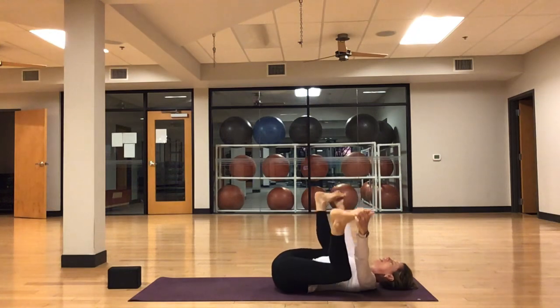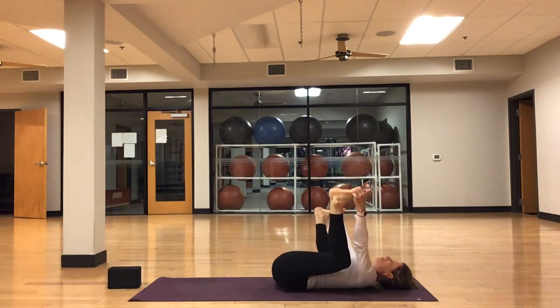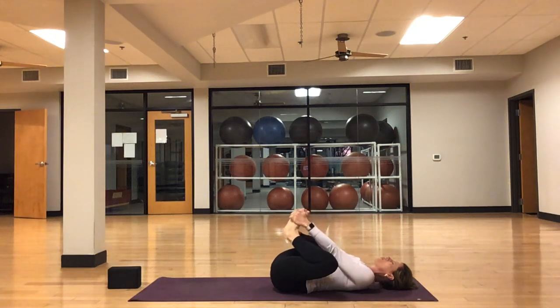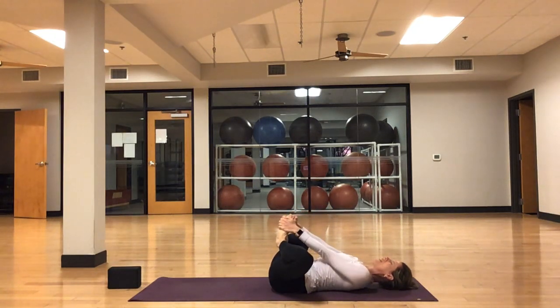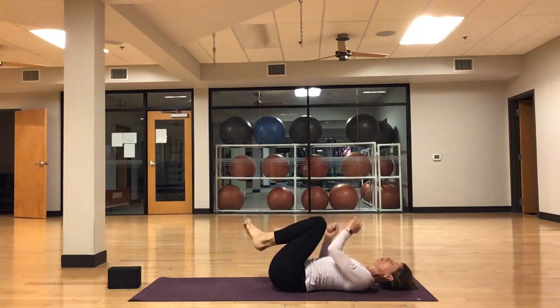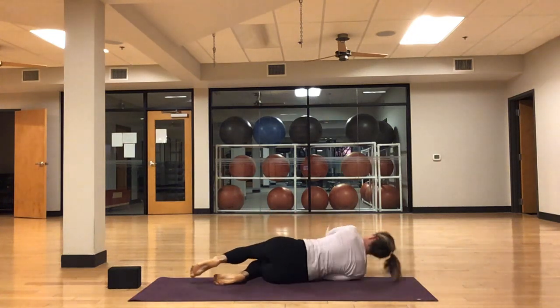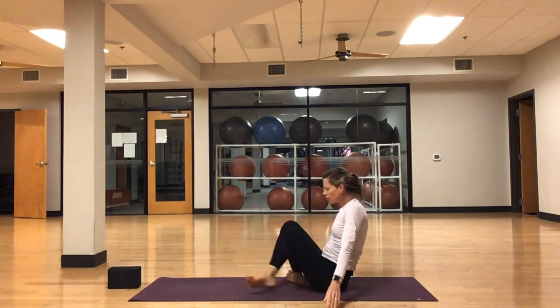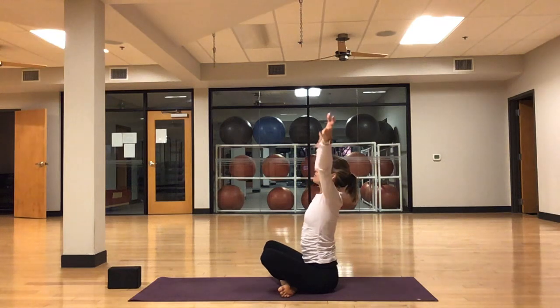Good, we'll take another inhale. And exhale, slide the soles of the feet together, open your knees out wide, big breath in. And then exhale, guide your inner knees together, roll to your right side, use your left hand to lift you all the way up. Come to a seated position once you're upright, cross your legs, inhale, reach your fingertips high